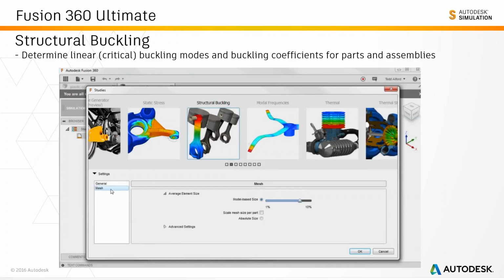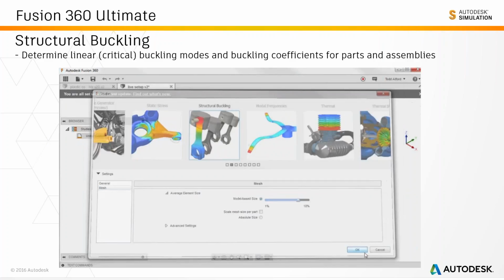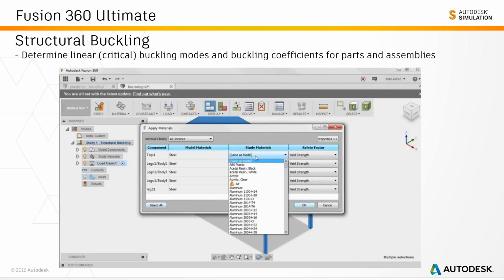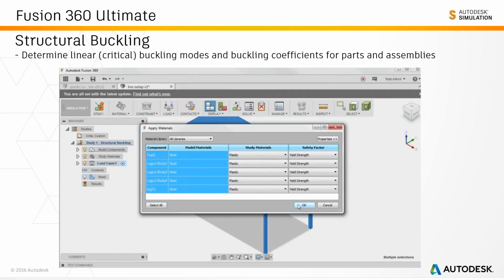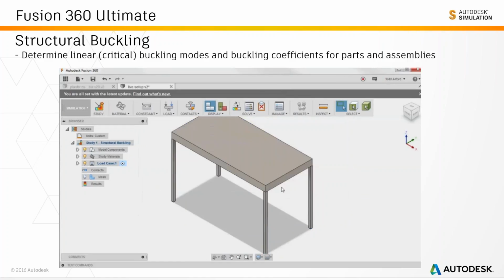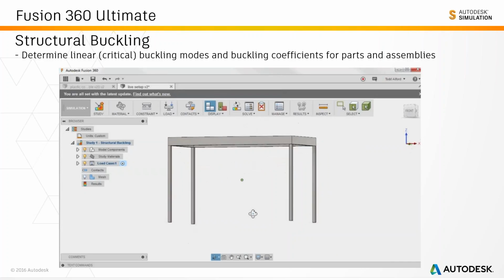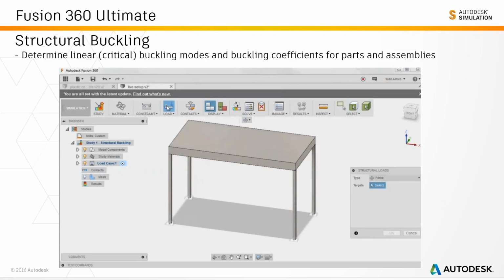If you're looking at a more accurate buckling situation, let's say a nonlinear type situation, you might want to take this farther through an event simulation type analysis. So this is right now linear buckling. Okay, then setting up boundary conditions there, so fixed surfaces on the bottom, applying a load on the